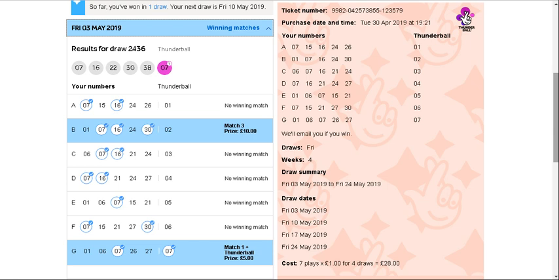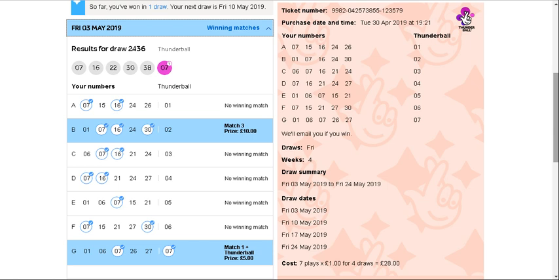I picked 10, which originally the software produced 17 lines for me, which I used for the first 4 weeks. But then what I realized was in that 4 weeks, virtually all my winning lines were coming in the top 7 lines. So why am I wasting my money on them other 10 lines? So as a bit of an experiment, I just went, right, all I'll do is 7 lines, and in the following month